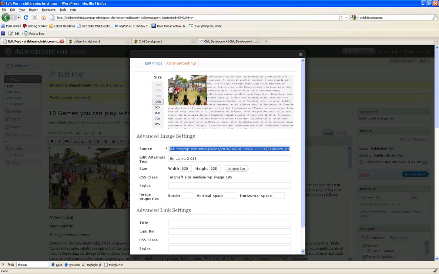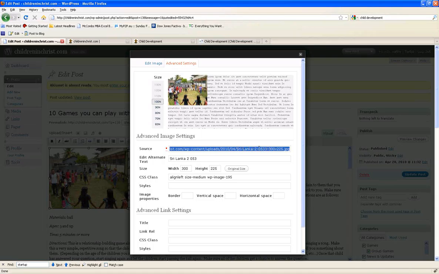So when someone's in Chile and has a very, very slow internet connection, there's really no point in having them download a humongous image if it's only going to be a 300 pixel wide picture that fits in the middle of the document. So what WordPress does is it samples the image down, shrinks it down, and makes a smaller version that's much faster. And you can see that designation at the end of our image,